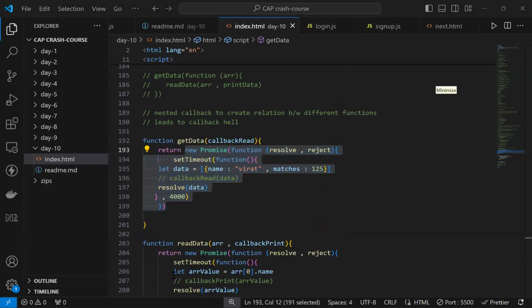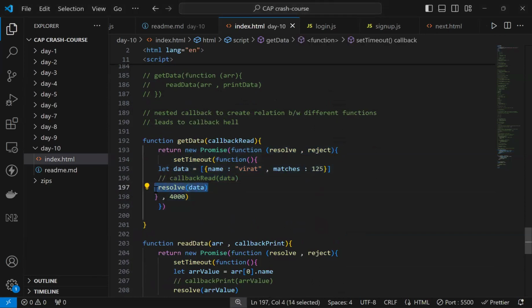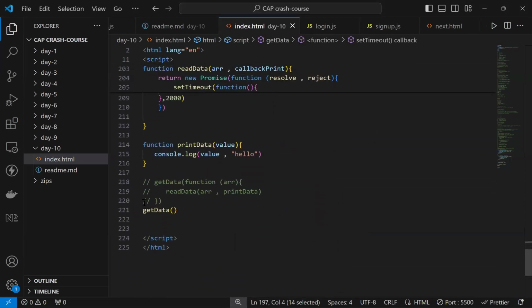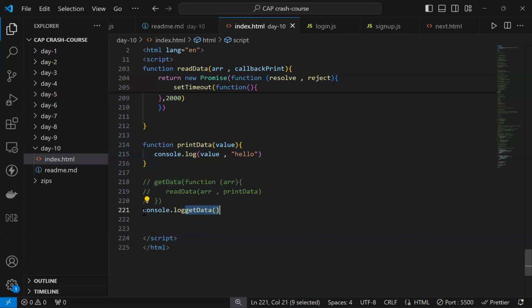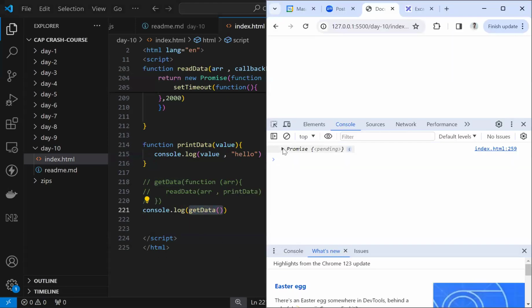It's gonna return you a promise object. Promise return करेगा, right? Will that promise be fulfilled because we have resolved it, right? So if I go and do a console.log of this get data, I'm getting a promise whose state is pending for now,